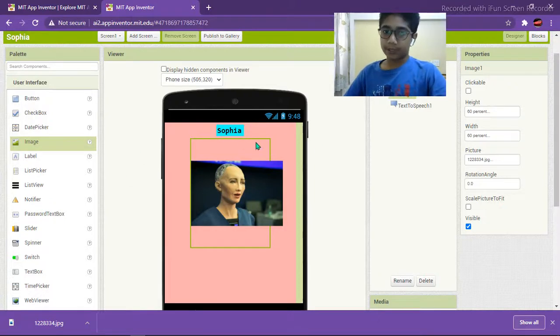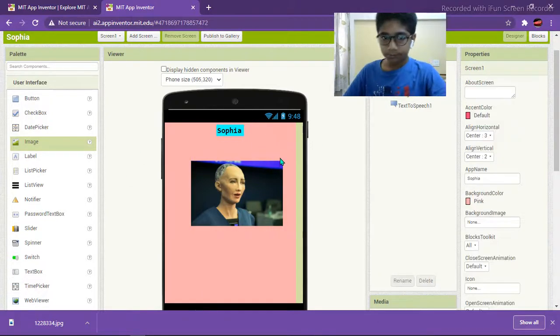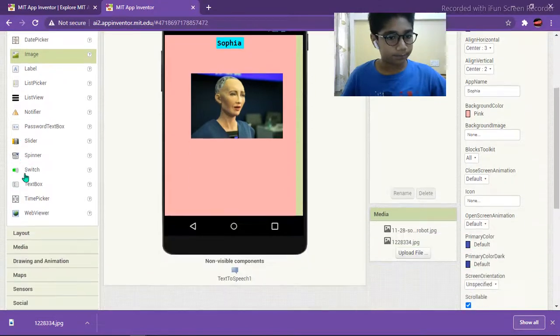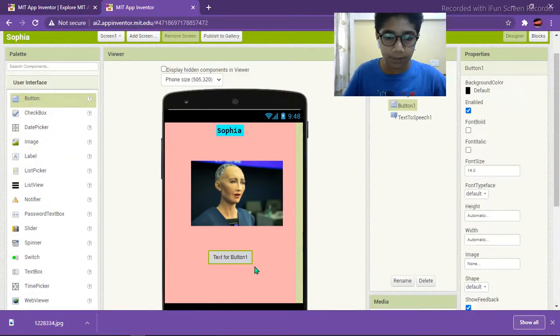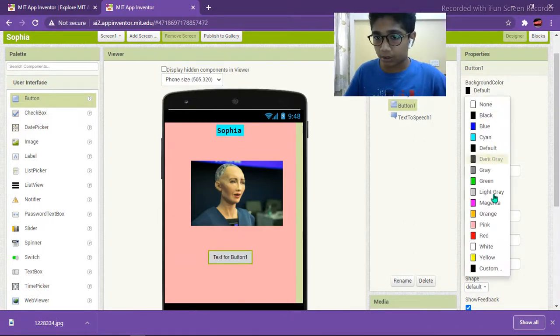Now it is fine. It is at the center. Now we need only one thing, which is one button. So we just drag and drop the button, and now again we can change the properties, the background color to